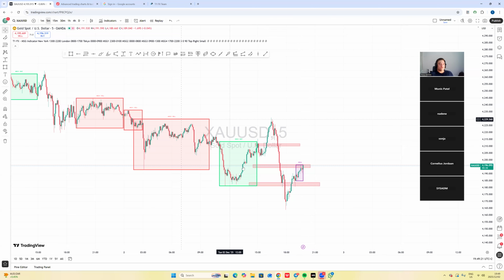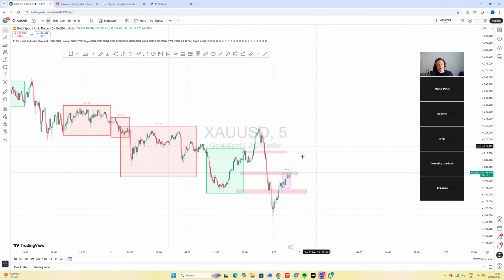Just want to see if you are still in buys on gold. Will stop loss be hit? 150 pips. Yeah, so that hence I'm saying don't be greedy, because if you're targeting 150 pips stop loss, then it would have just taken you out and yeah, it went back up.